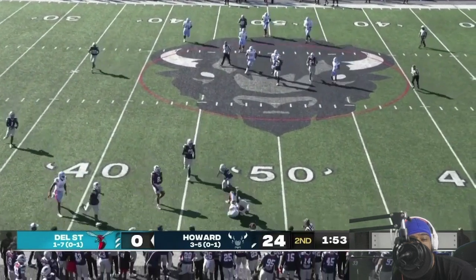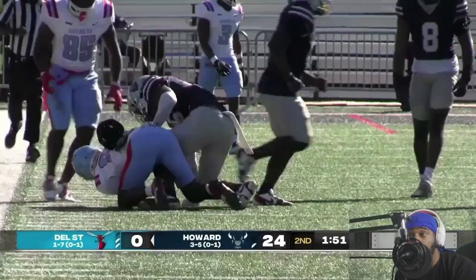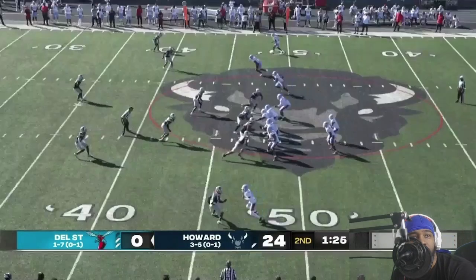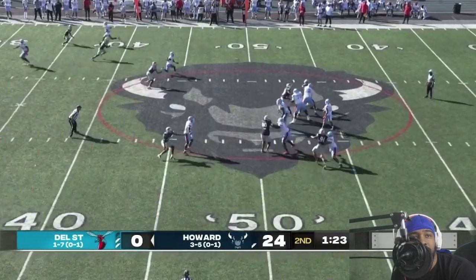And on that play, they'll get about 7 more of those yards. So they'll double what they've got so far. Yeah, I know what the flag was. Back into this one. Yeah, and this is almost a dangerous situation if you're the Howard defense because